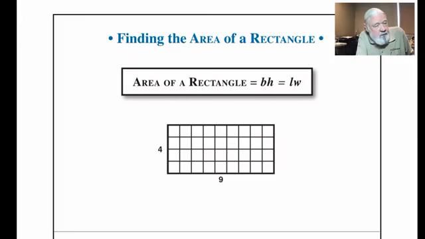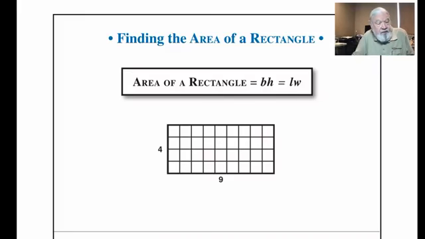Wait a minute, that was a pretty straightforward way to do it. If I multiply the base times the height, or alternately the length times the width, either way I'm going to get 36. And what are my units here? Well, I'd like to see in the answer column, what's the answer to this question? What is the area of that square? The number is 36. What are the units here? And I've got the chat box open, and somebody would like to chime in here? Okay, square units, yes, very good. So this rectangle is 36 square units.